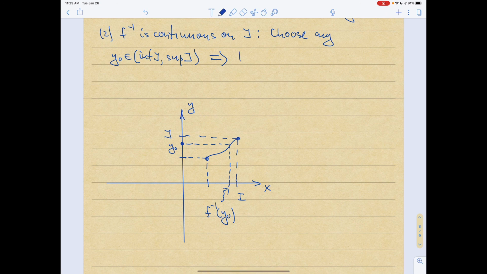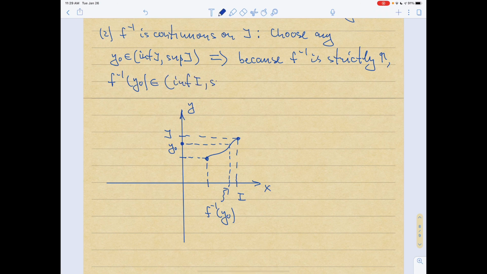So let me write this down then, because f inverse is strictly increasing, f inverse of y0 is in the interior, so it belongs to the interval, to the interior of the interval I, so therefore, because it's inside the interval I, there exists